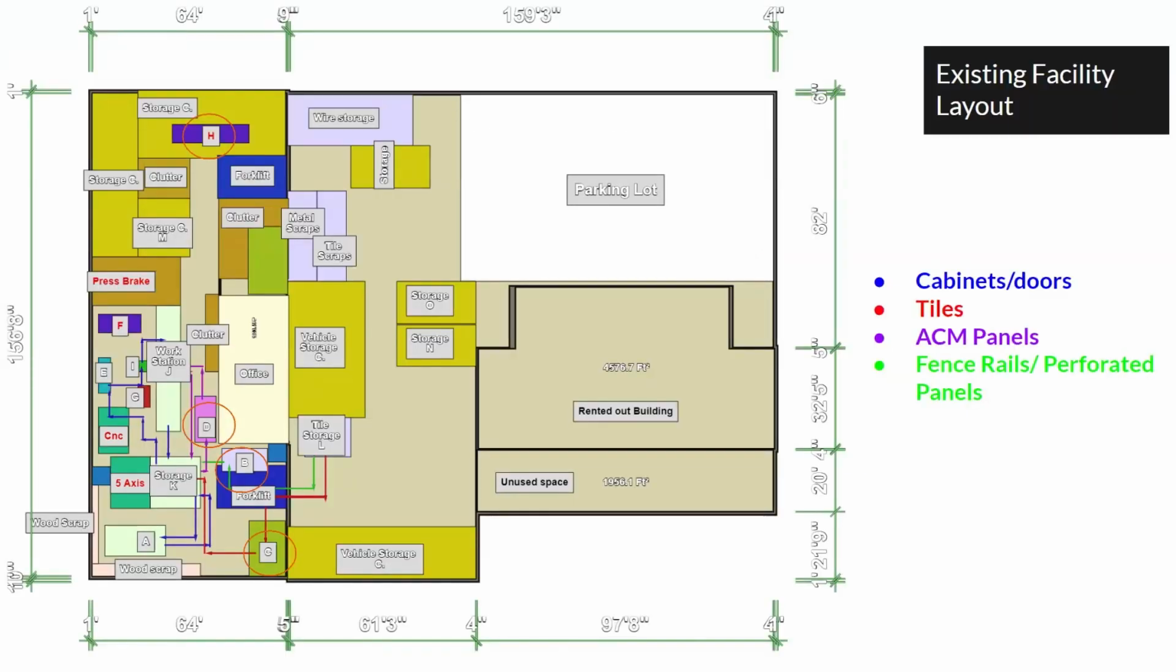Okay, here I'm going to point out that we came to the conclusion of what machines are actually going to be moved to the next facility. Here you can see that machines C, B, and D, as well as H, are going to be moved to the new facility. The main reason why we chose these machines is because, one,